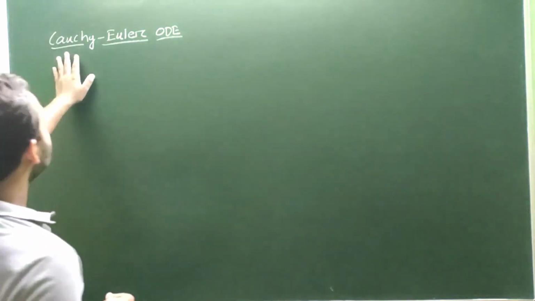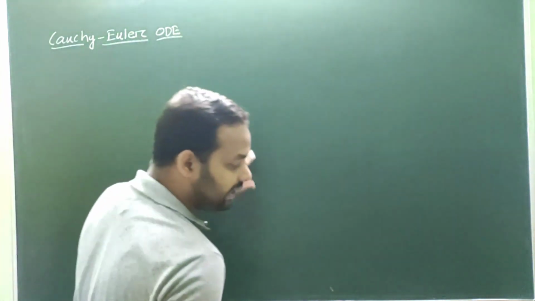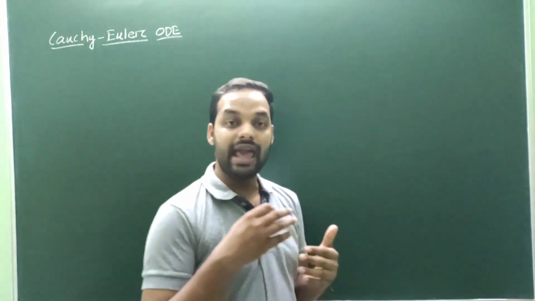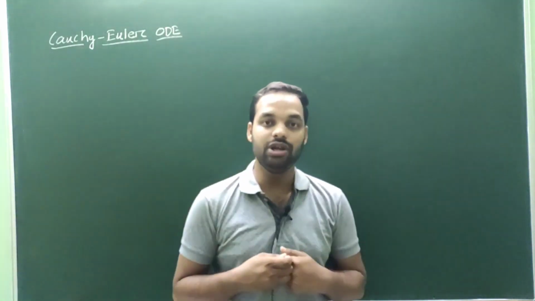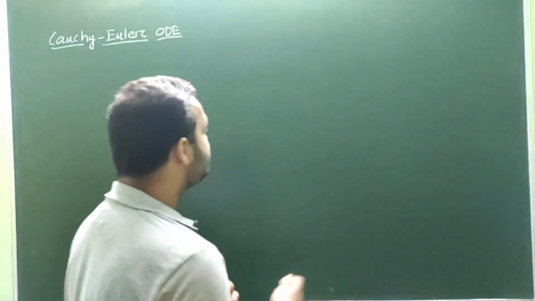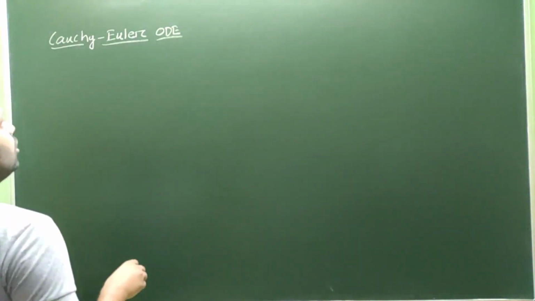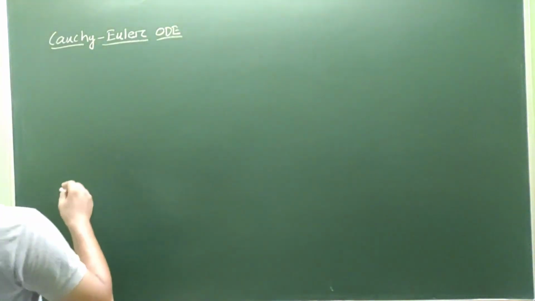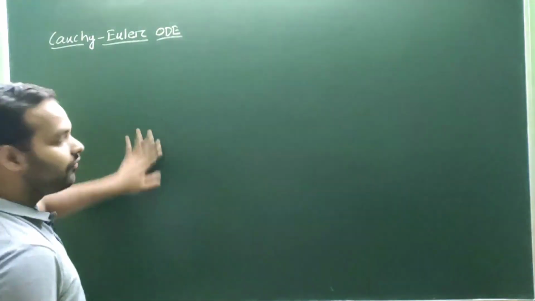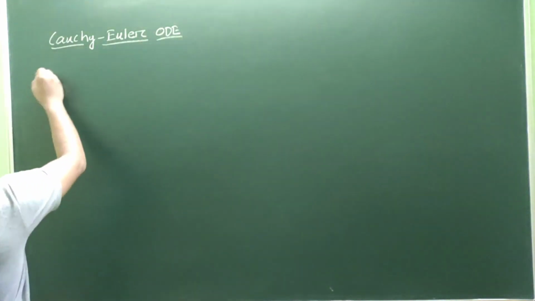Now this Cauchy-Euler differential equation I will take in the general case, that is the nth order Cauchy-Euler differential equation, and after that we will see a definite case, that is the second order Cauchy-Euler ordinary differential equation. So the general form of this kind of ordinary differential equation is written as